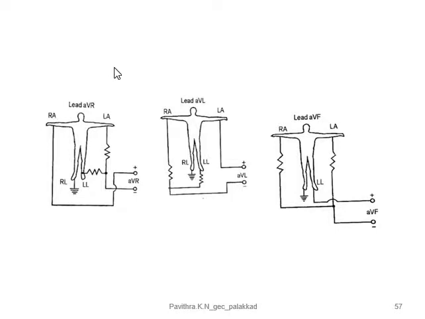This is in case of AVR, where the electrode is kept on the right arm. Next one, augmented unipolar vector left. Vector left means the main electrode is placed at the left arm. It is taken as positive, and the negative electrode is taken as the combination of two electrodes on the right arm and left leg. It is combined and given to the negative terminal. Here also the ground reference electrode is taken from the right leg. So this is augmented unipolar vector left.